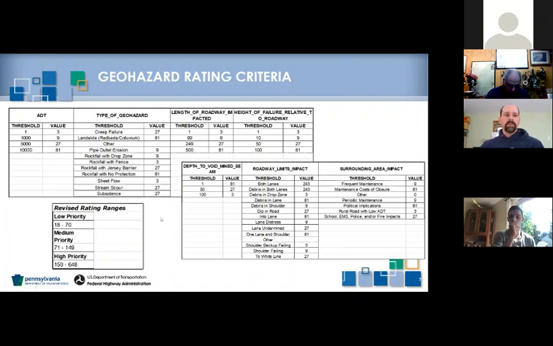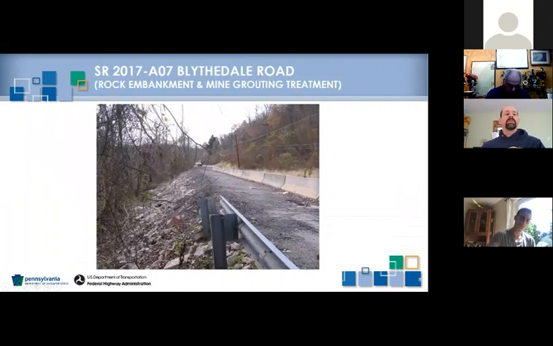We have multiple methods. We have an on-demand contractor who we can give sites to and they go out immediately. We also have our district maintenance crews who can go out and perform some smaller scale repairs. Other than that, we have to put the sites on the Transportation Improvement Program, which is the TIP, and then try to get funds, and those are only allocated every so often throughout the year, and the TIP is updated every 2 years. So that's a longer term practice. So the ones that we feel need handled right away, we get to our maintenance guys or our maintenance contractor.